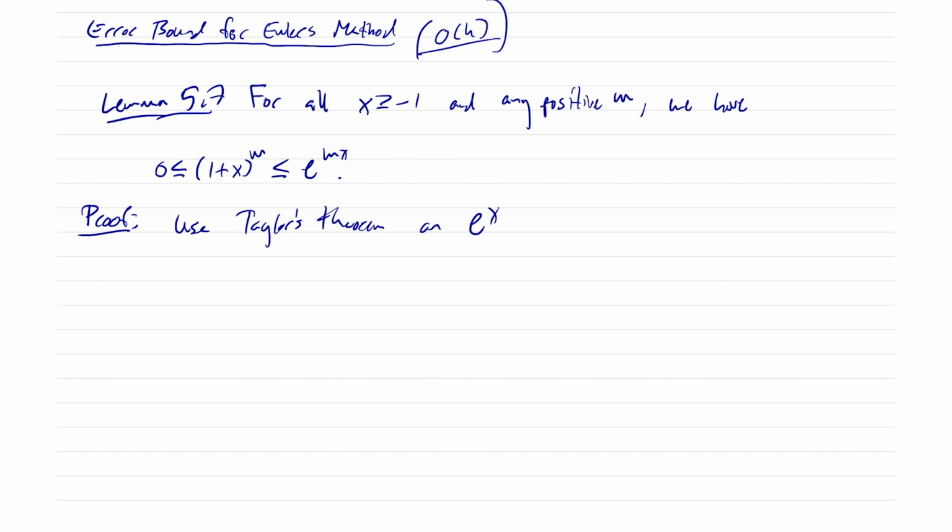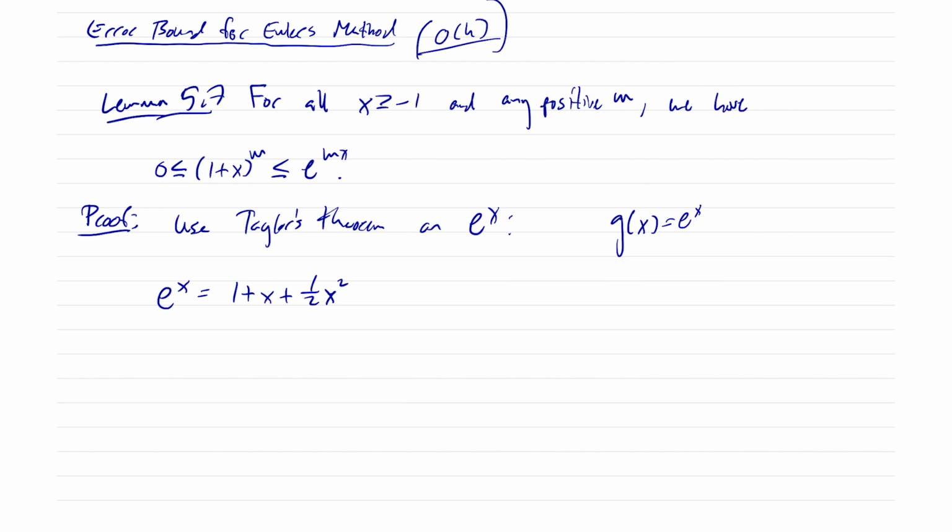So what we see is that e to the x is equal to 1 plus x plus 1/2 of x squared times, I'm just going to put g of x equal to e to the x here, just to be clear what's going on,